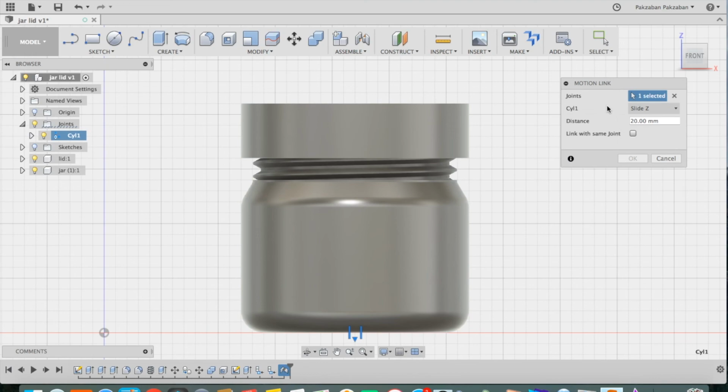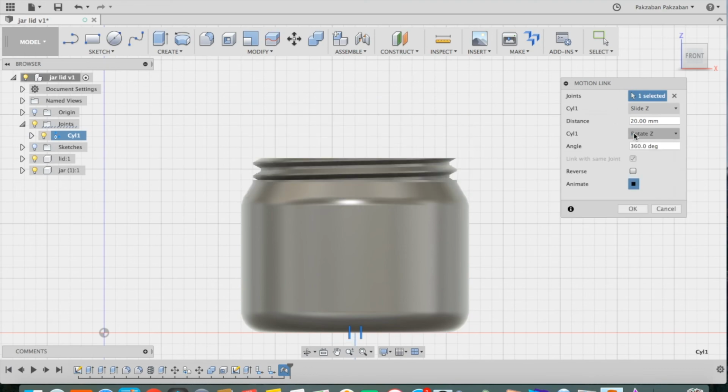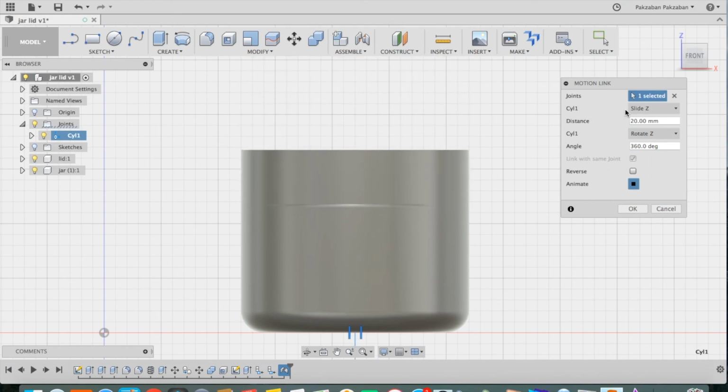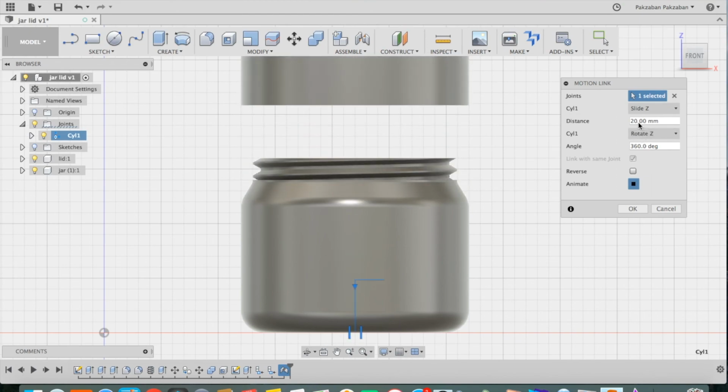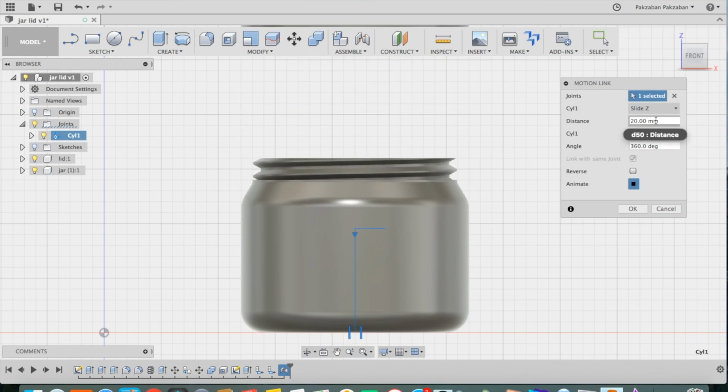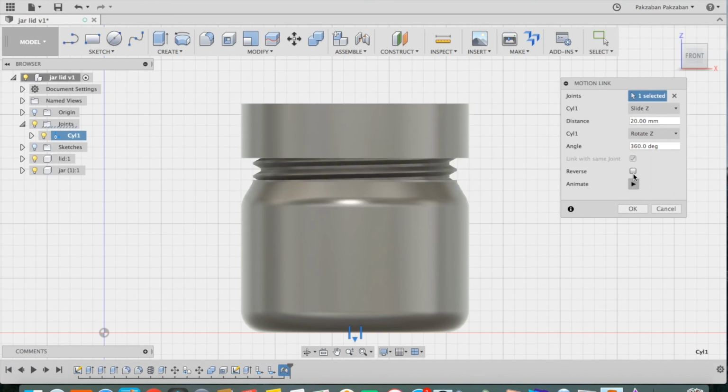But a cylindrical joint is really the combination of two joints, a revolving or revolute joint and a sliding joint. So we can relate one of these motions to the other one. So you link within the same joint, okay? And it'll allow me to link the sliding component to the rotating component. So basically I want for the joint to slide 20 millimeters. And within those 20 millimeters of sliding, I wanted to, let's say, rotate 3/4 of a turn, so I changed that to 270